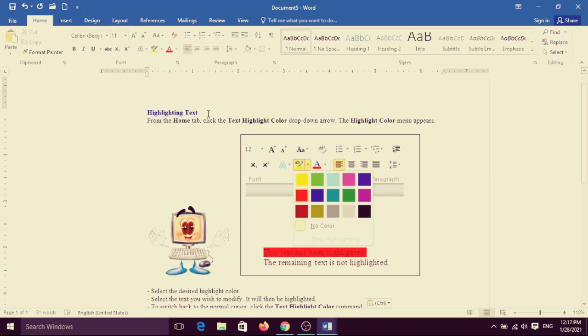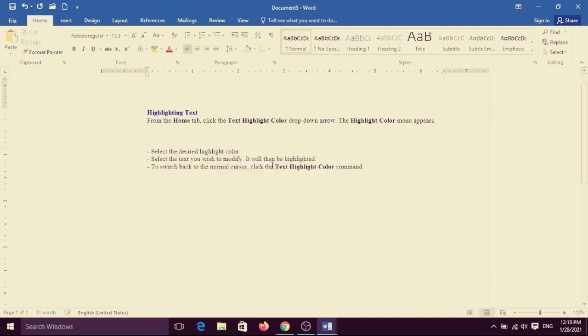To highlight text, from the Home tab, click the Text Highlight Color drop-down arrow. The highlight color menu appears, and you choose the color you want. I want to remove it, and see once again how you can highlight the text.